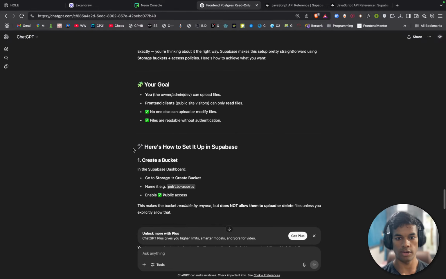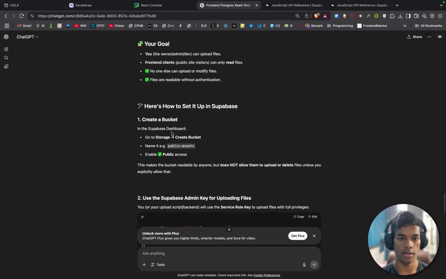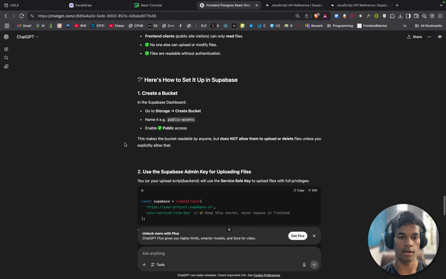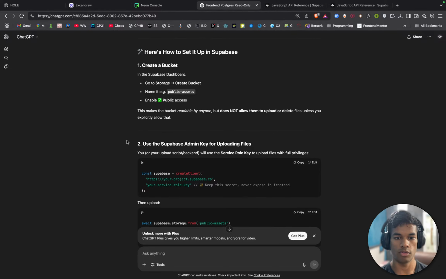Here is how to set it up in Supabase. Our goal: no one else can upload, yeah, that is cool. Create a bucket in the Supabase dashboard. Go to settings, go to storage, create bucket, and public assets, enable public access. This makes the bucket readable by anyone, but does not allow them to upload or delete unless you explicitly allow. Okay, create a bucket, then use the Supabase admin key for uploading files.